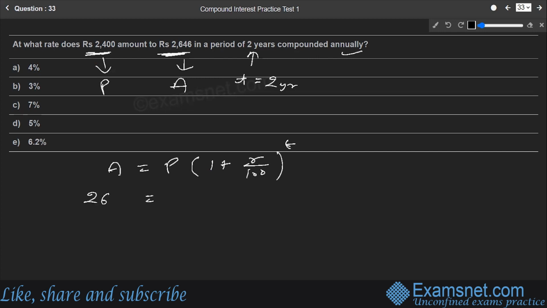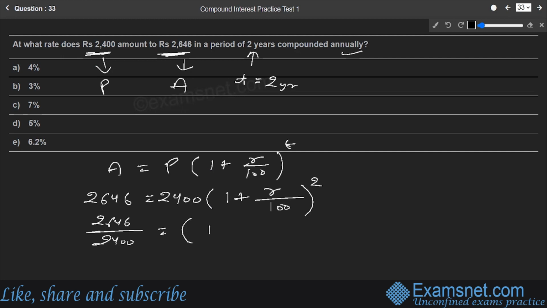Amount value is already given, 2646. Principal value is 2400. 1 plus rate value is unknown, so we are supposed to find out the rate, divided by 100, to the power time, which is 2. So this is the equation that we need to solve. Let us take the 2400 to the left hand side. If we do that, 2646 divided by 2400 is going to be 1 plus r